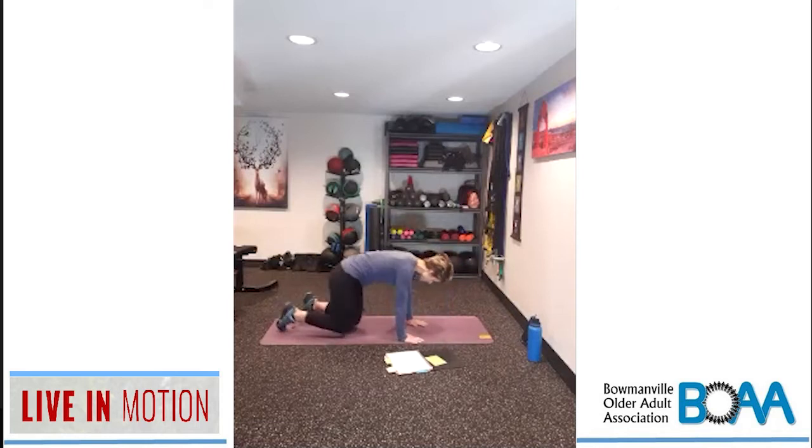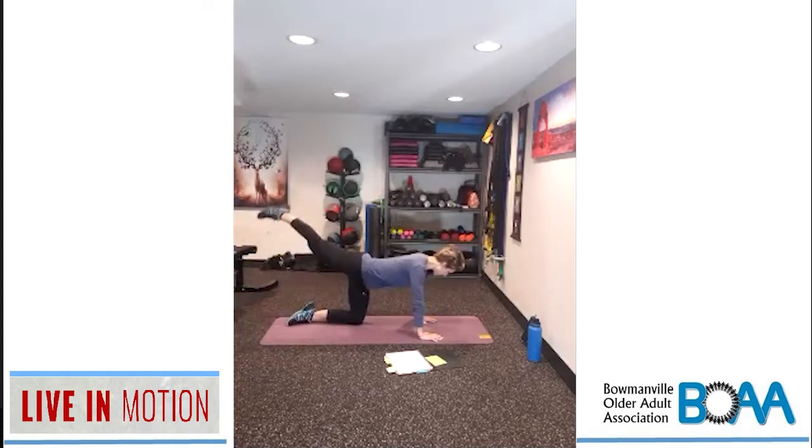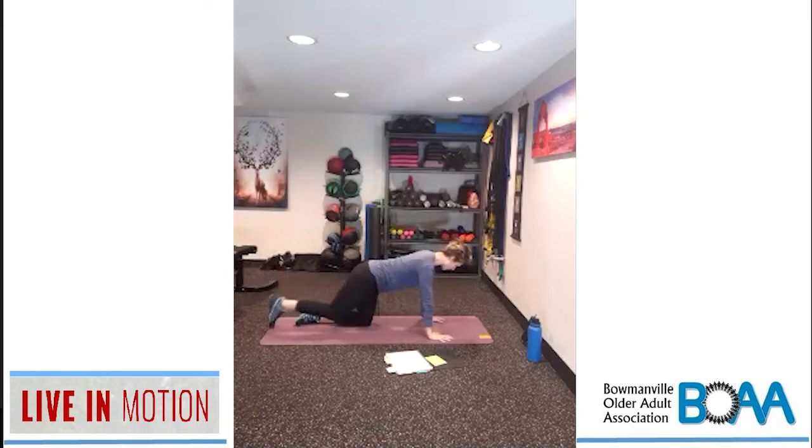Okay, so we're going to come into tabletop position. Okay, and then we're going to do the glute kick side to side. So what we're going to do is we're going to extend the leg out and we're going to lift it up and then lower to the opposite side, okay, touching the floor, and then bring it back. Now, when you lift the leg, try to incorporate that glute squeeze here and then work it across the body. Okay, so let's get ready. So lifting the leg out, big lift up, 1,